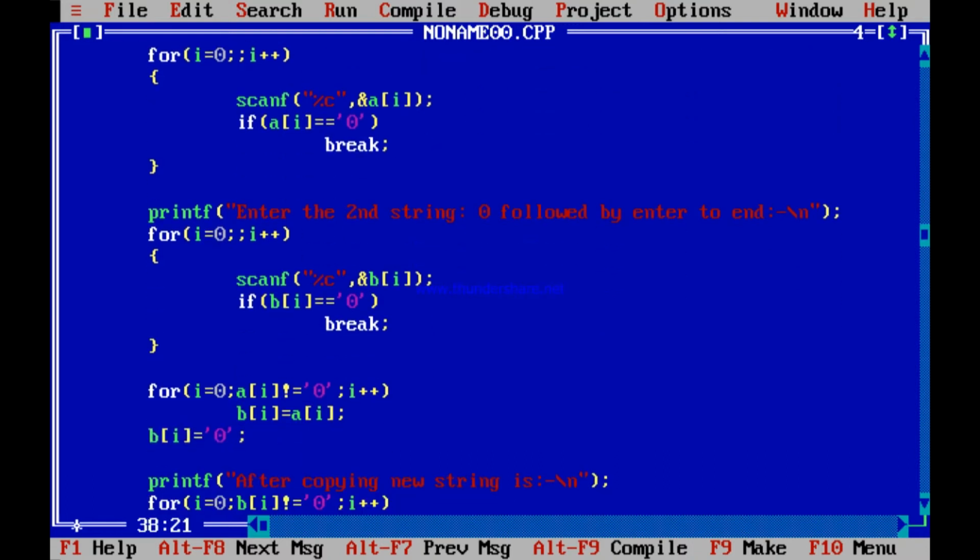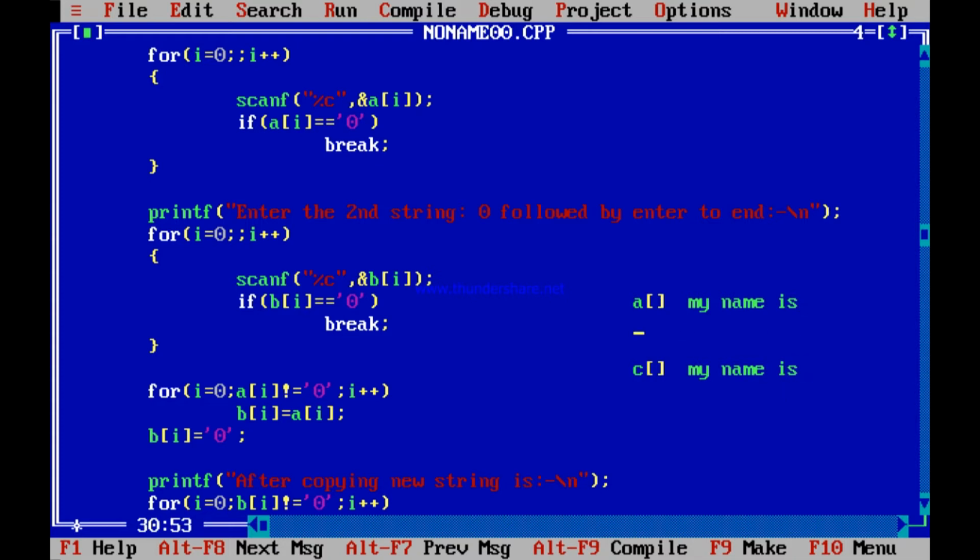Now the concatenation. How to do the concatenation? Very simple. Firstly, the A string is to be copied to the C string and then the B string is to be copied to the C string. If the A string, which I am writing like this, A[N], is say "my name is", then this entire "my name is" has to be firstly copied to the C string. C should contain "my name is", and after that the B string will have to be copied there.